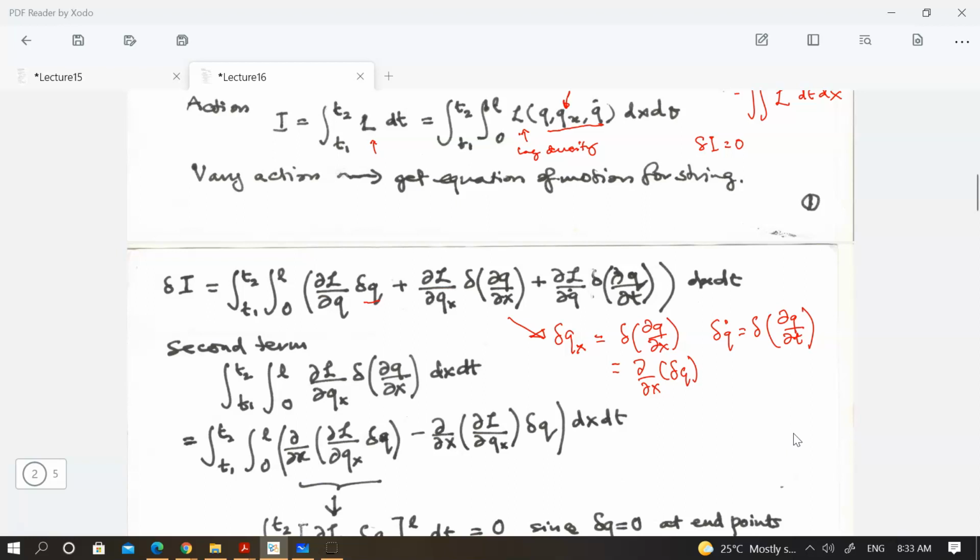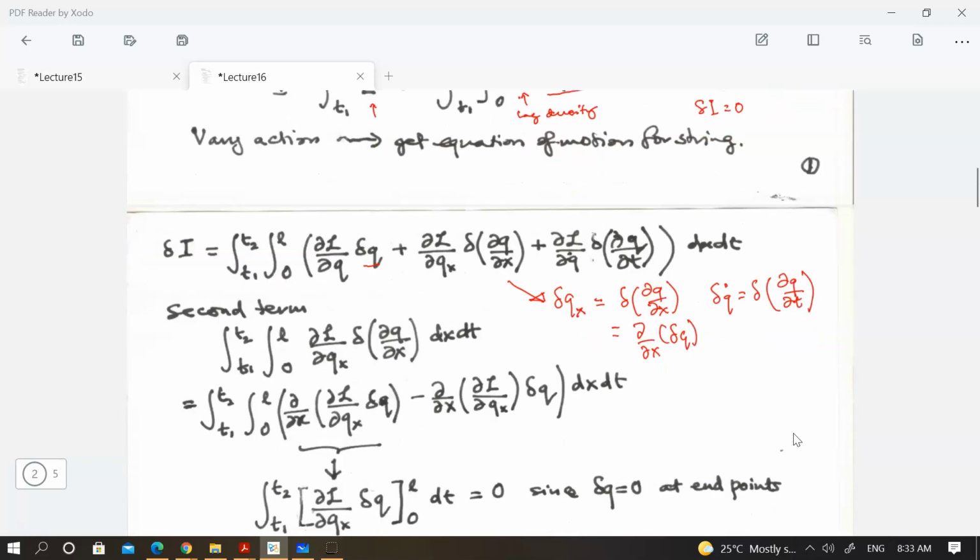So this is what's happening over here. Okay, so you have partial L, partial Qx, delta dQ dx. I want to remove this d dx so that it acts on this rather than on your delta Q. So you do integration by parts,